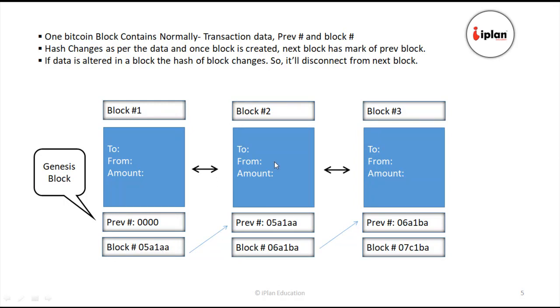So there is a new block created. When a new block is created, let's say we talk about a Bitcoin transaction. A Bitcoin transaction is being made through a blockchain. So this will normally have three pieces of information: the amount, the person who is sending, and the person you want to send to. And it will have a public key and a private key.